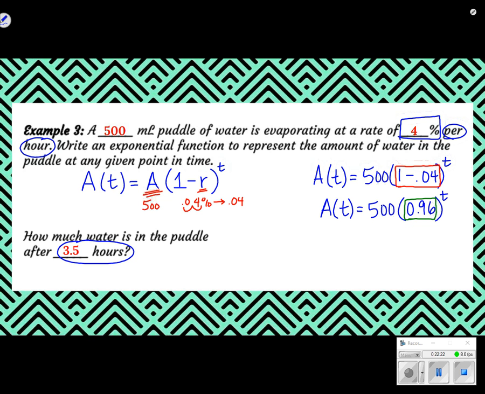So you want to compare what the timing is of the problem and then what is the timing of the piece that they're asking you to plug in. So we're going to plug in, we want 3.5 hours. And you can type a decimal up in there. So I'm just going to stick the whole entire thing. 500 parentheses 0.96 to the 3.5 power. And I get